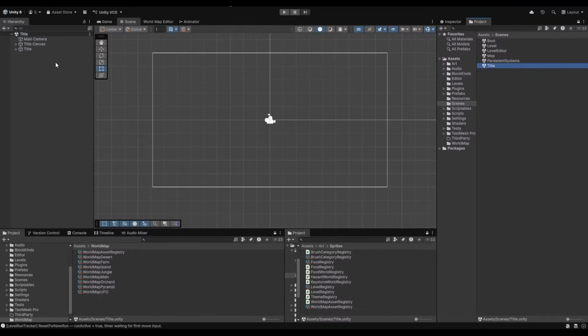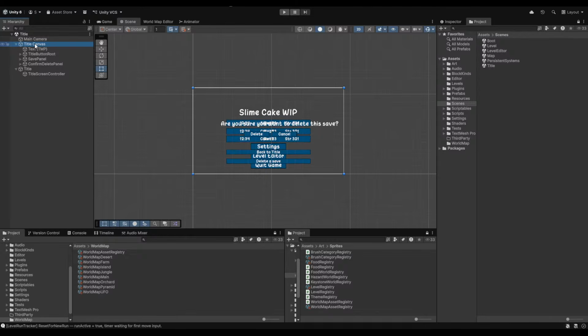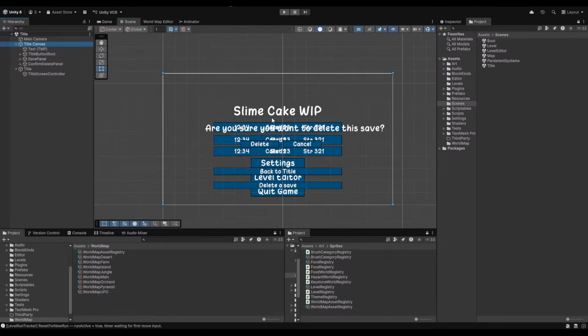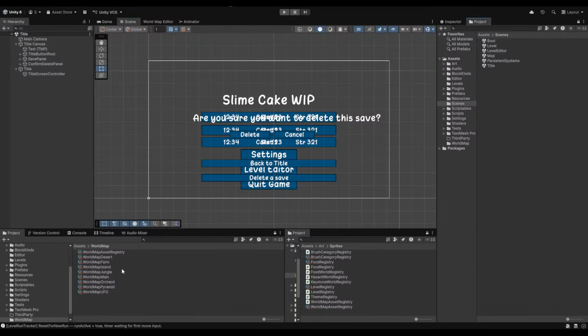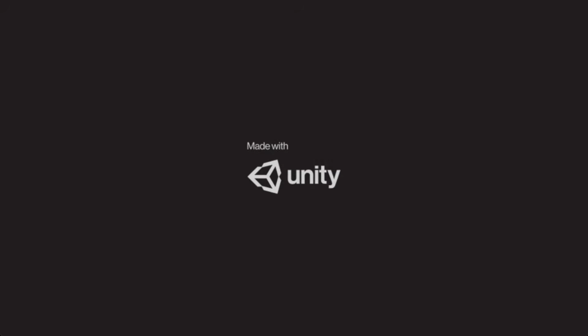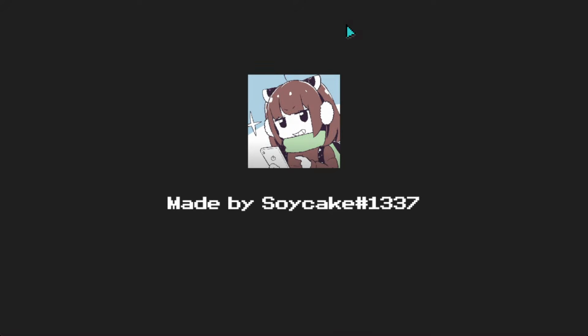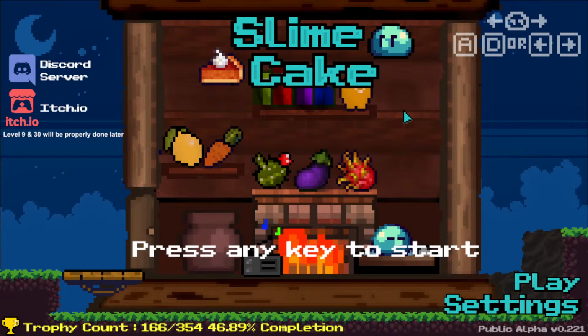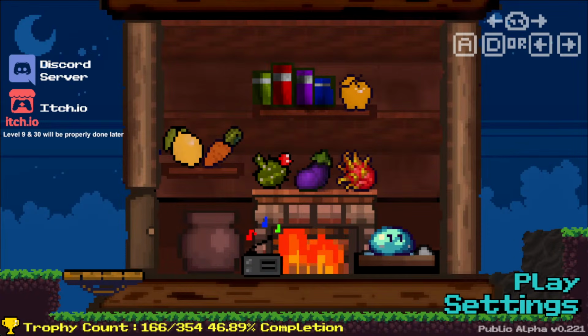And yeah, title scene, literally just a title canvas. There's nothing there because everything else is done through a persistent system. But let me pull up my old game, and today I'm gonna start working on the world map. For the alpha, I need a world map, not the ghetto one we have just for testing. So let's see, how can I do this?